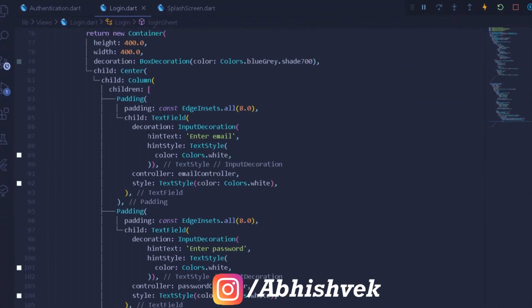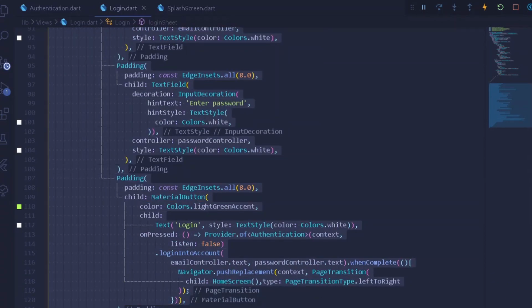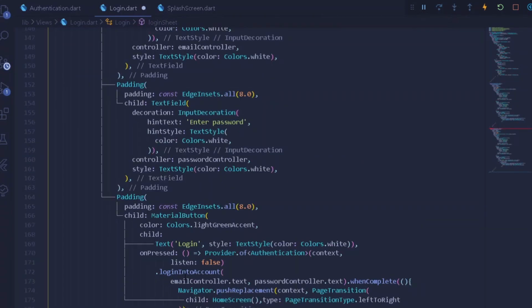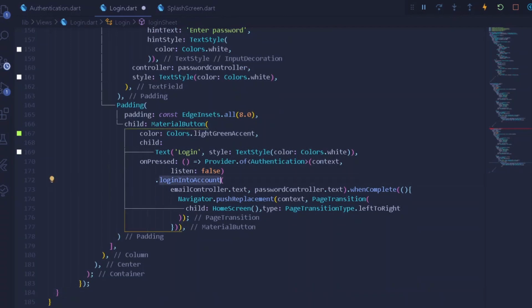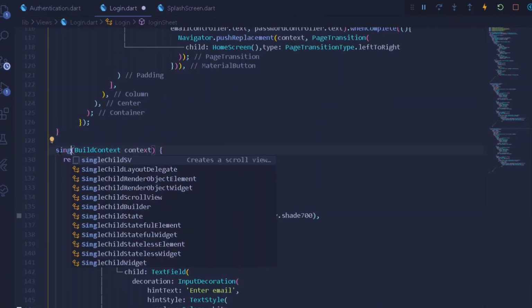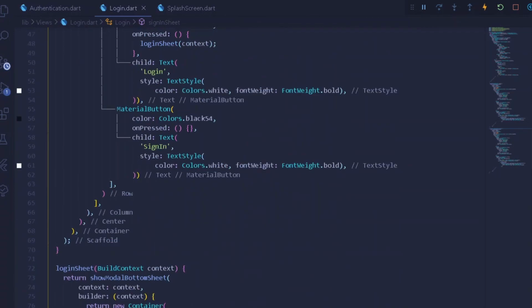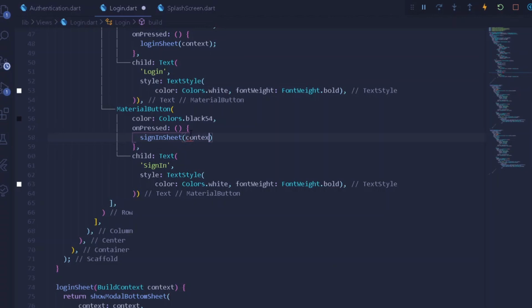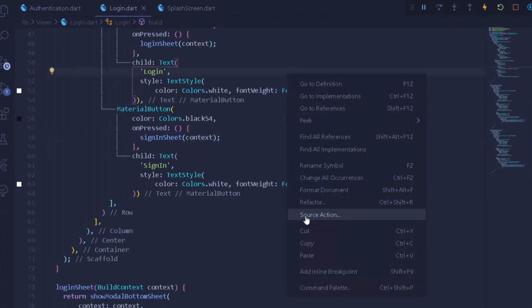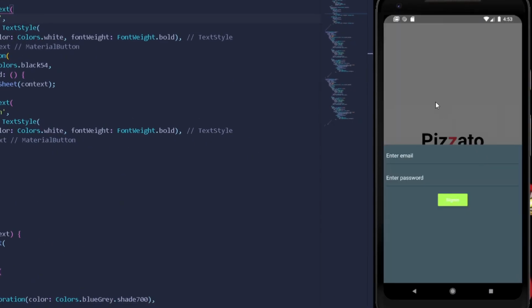So once we have done this, we can simply go at the top of our login sheet and copy and paste it one more time, because we need to save our time. So here instead of this, let's have a create new account option, and here let's have a sign in one. Cool, let's name it sign in sheet. So once the following thing is done, we can simply go up under our sign in button and paste it here after giving the context, which is quite dull thing. Cool, nothing shall be happening for that. So after pressing our sign in, same thing shall be appearing to us, that is about login and sign in.